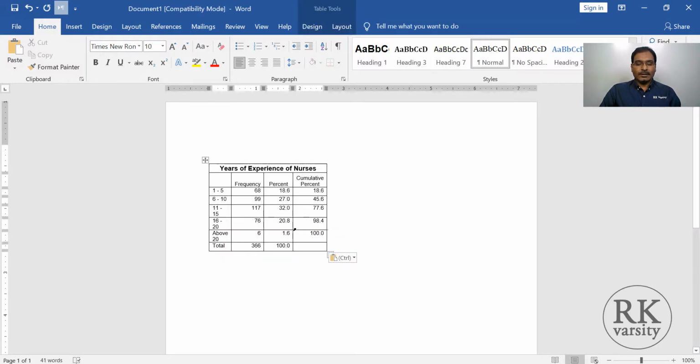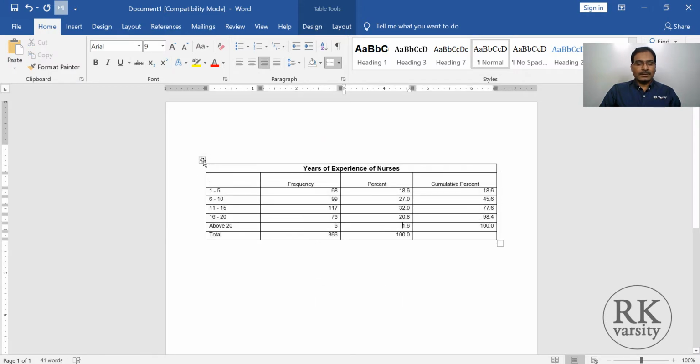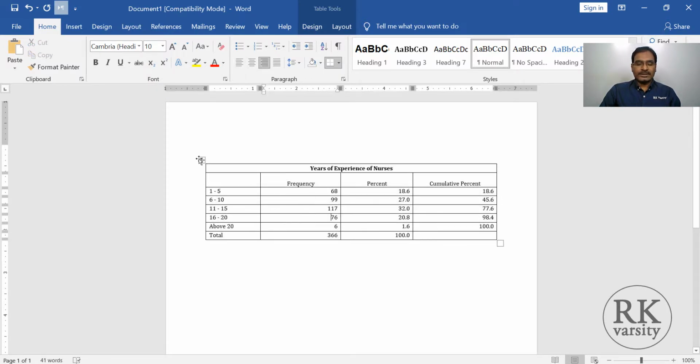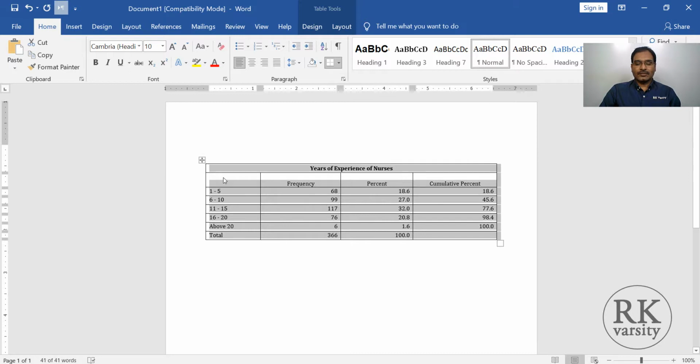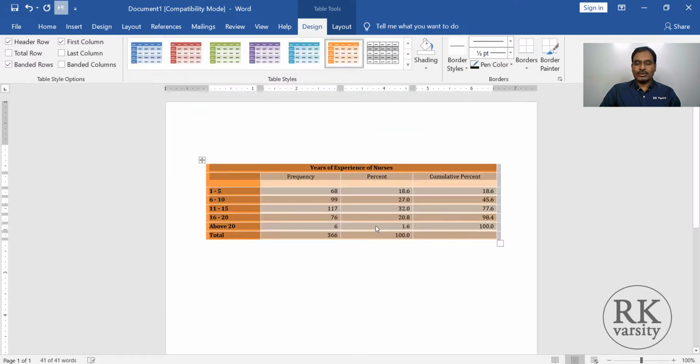All right, now once you have pasted the table in the Word document, you can edit this further here. Because this is a little cluttered, select the table, right click, then auto fit, select auto fit to window. Then you can make other changes like changing the font style, font size, then you have borders here. In addition to this, you can also change the design of this. To change the design, select the table, then go to design, and from the design options, you can choose any design of your choice.